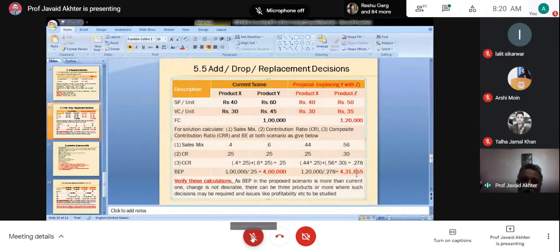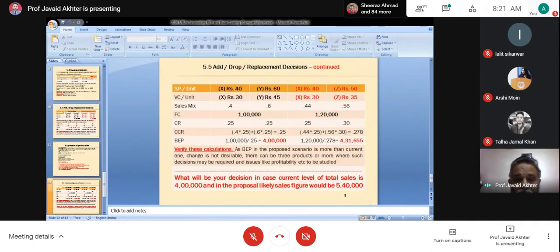Yes, it depends on the market. When you change from Y to Z, you need to see what the market for Z will be in future. This is the decision that you are taking as on date. But if you think the market for Z is likely to be better than Y in future, then even if your BEP is more, one can still go. I have just mentioned these things in the next slide. Perhaps let me just check if I have mentioned.